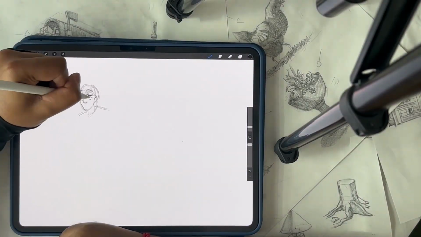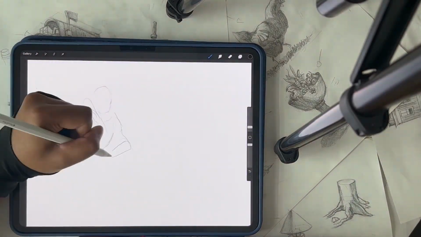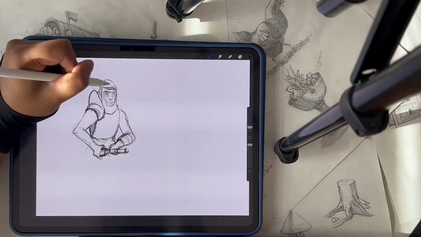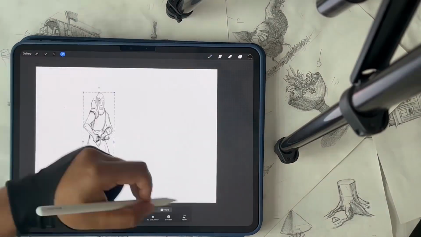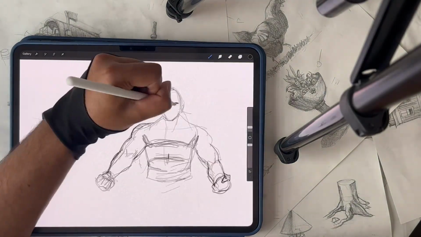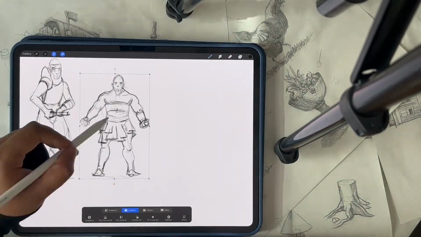Hello everyone. In today's video, I'm going to be talking about composition. So in a broad sense, composition is basically the placement of objects in your drawing, painting, or whatever art piece you're trying to make. In this video, I'm going to talk about composition in the broadest sense,